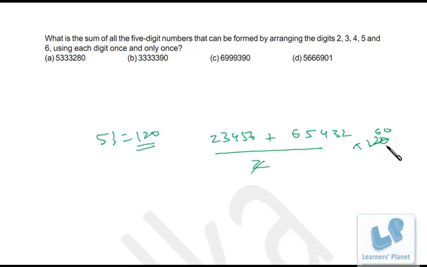Now to save time, what you can do is, see, at the unit place the digit must be 0, right? So this option is already eliminated. After that, 6 plus 2, 8, into 6, 48, right? That means the digit before 0 must be 8. That is there only in this option, right? So you don't have to actually add and multiply. You can save some time. So 5333280 is the correct choice, and since we don't have any other option having 8 at the tens place, be confident this is the correct choice. Getting my point?